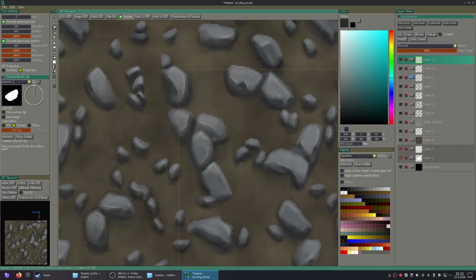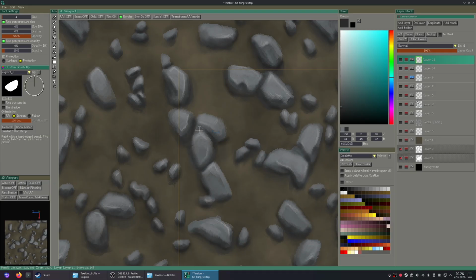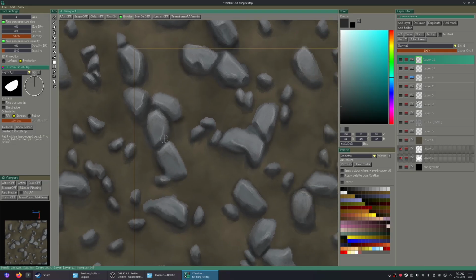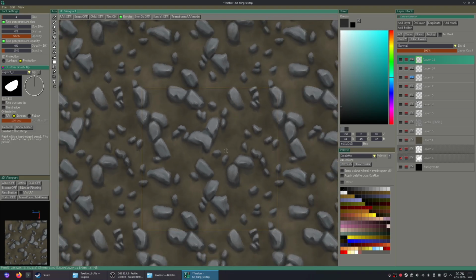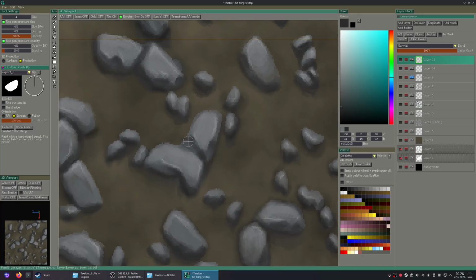Let's add something more there. A bit more ground there.